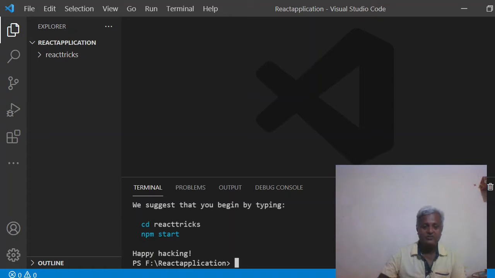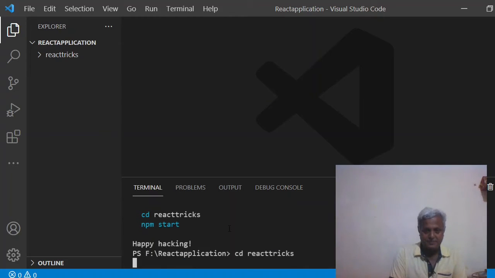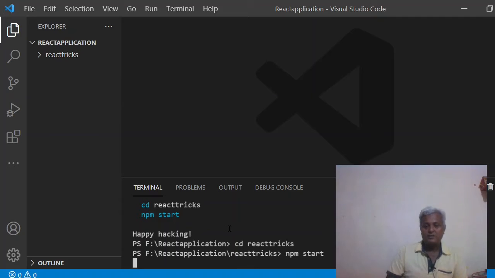Now you see that it suggests that you begin by typing cd react tricks. It means first we have to get into the folder where our application is downloaded. So that is React Tricks. So I type cd React Tricks. And then when you go into this folder in your terminal, we are there, and then I just type npm start,